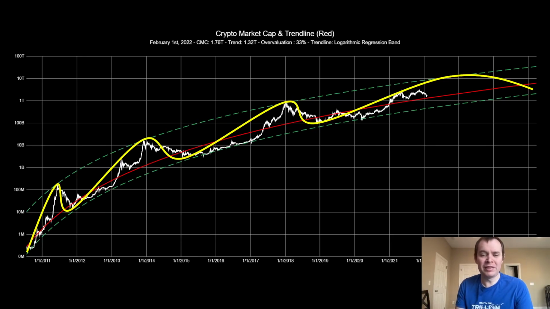And why do they assume that? They assume that because any time in the past when Bitcoin put in a major market cycle peak, we did see it drop by approximately 80 to 85%. I think in 2011, it dropped like 90 to 95%. So this is the reason why they are calling for that. Now, I think the argument against that is, well, normally 85% corrections in the market are preceded by a blow-off mania phase, not an entire year where the market just goes sideways between, say, a $30,000 and $60,000 Bitcoin.